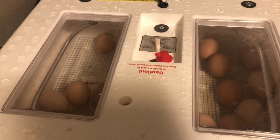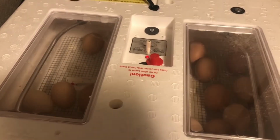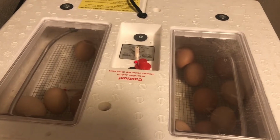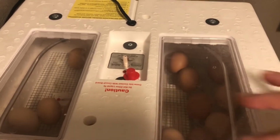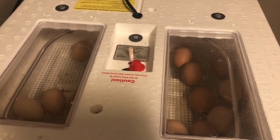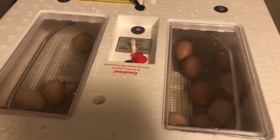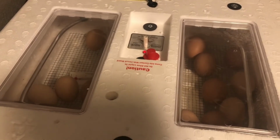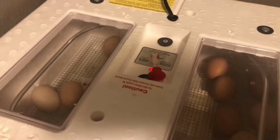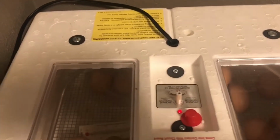I know in the past, the previous hatchings that we've had, we had pretty good success. The last time we had a hatch, there was only I think 3 eggs of the ones that were left over in the incubator that did not hatch. They did have chicks in two of them, and then the third one didn't have anything in it, so something happened in between those 21 days for that chick not to be able to survive. So hopefully